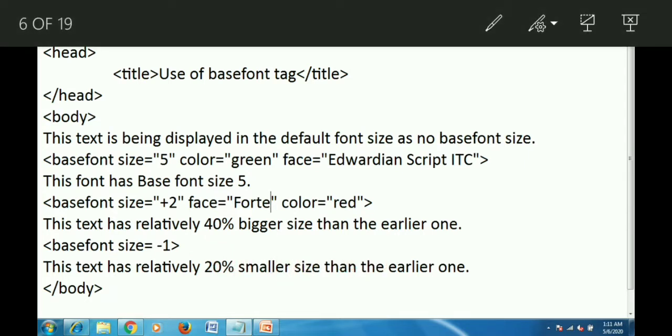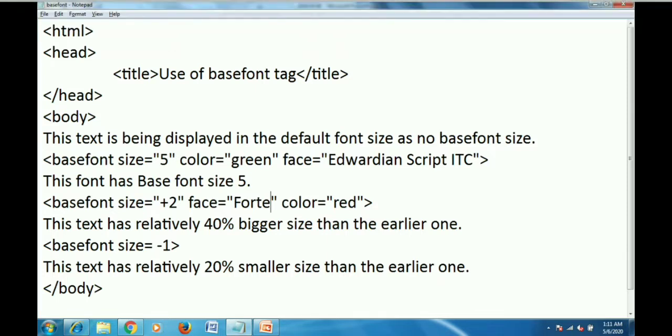So what should happen here? First of all, you need to understand two things. First one is the absolute size, and second one is the relative size. When I have given a proper size, like I have written size equal to 5, I have given a proper value. That means I am giving an absolute value here. When I am writing size equal to +2, that means I am using a relative value here.